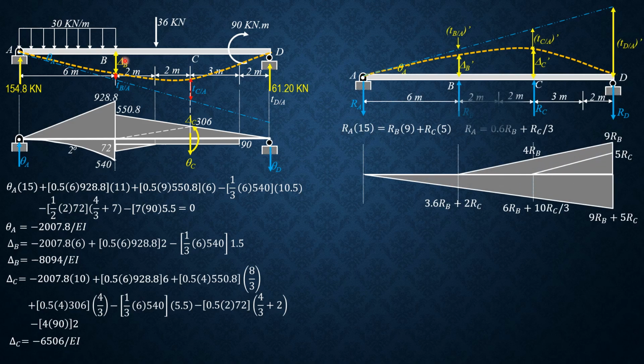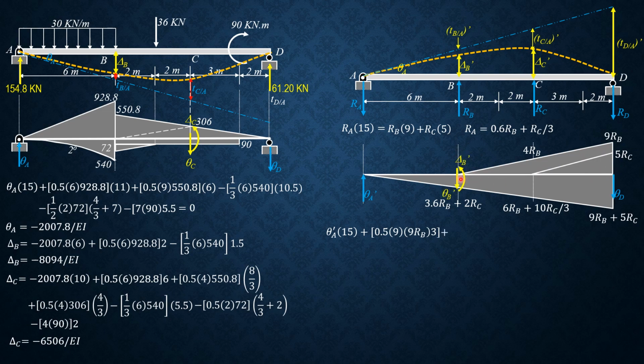Now, due to the reactions, this was the moment diagram by parts from area moment. So we use the same moment center. So the support here is a pin and here it's a roller. So call this theta A prime and delta D prime or delta D. But that's not important. We just solve for theta A prime. So summation moment about D equals 0. Theta A prime times 15 plus 0.5 of 9 times 9 RB times 3. 1/3 of 9 is 3, plus 0.5 of 5 times,